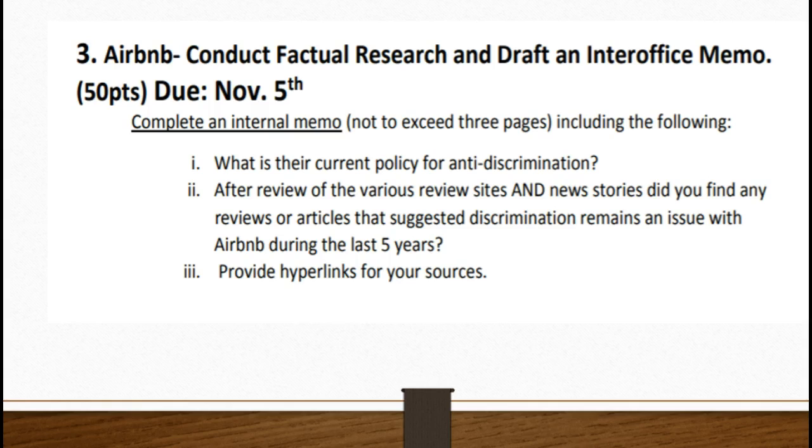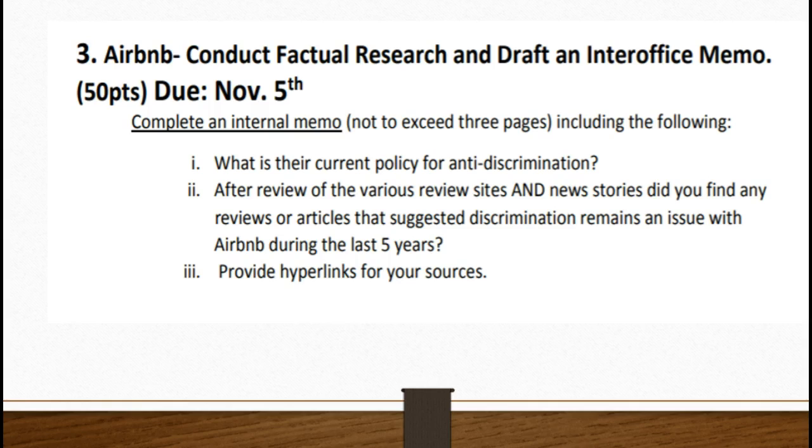And the reason I said do not exceed 3 pages is because some of you may find more resources with respect to linking us to that information. But I don't expect that this is going to be a lengthy assignment with respect to the writing portion. So again, you want to summarize, which really means no more than a paragraph or 2, and then make sure that you use hyperlinks. And in using your hyperlinks, please make sure that you don't include the full URL, but that you link a term or phrase, or even an image, to the URL. That makes the writing look much cleaner.